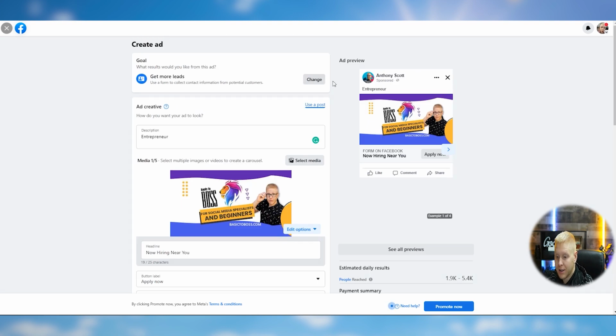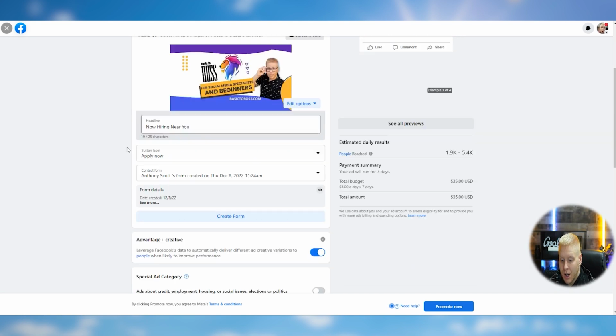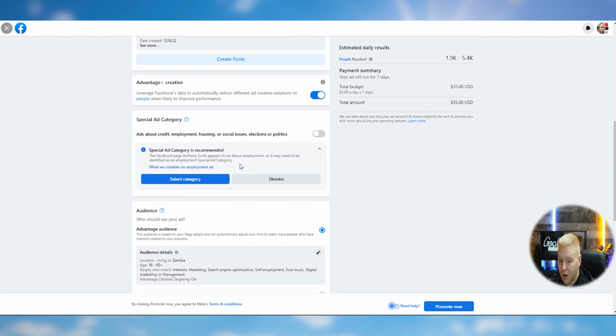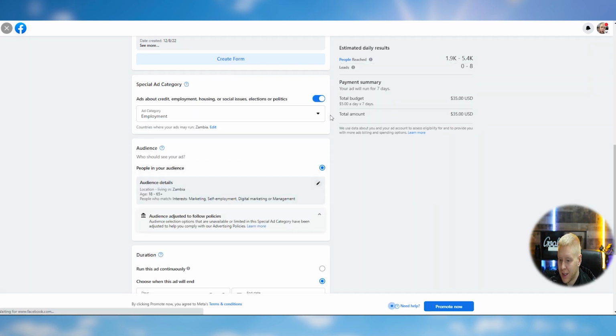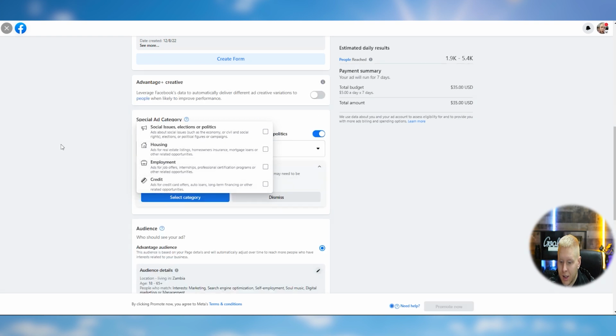So once again, go up here, change this to leads, add this, make sure you have your call to action, "now hiring," use your location reputation, hopefully you got a good location, and then create your form down here. I use "apply now." Now we have to make sure that employment is selected, select category, here it is. That's that drop down that I said before, and it is selected. Your other options are, okay. So now,